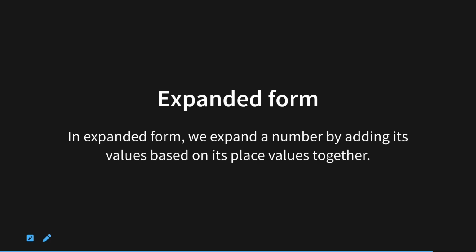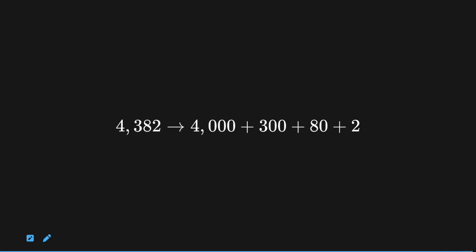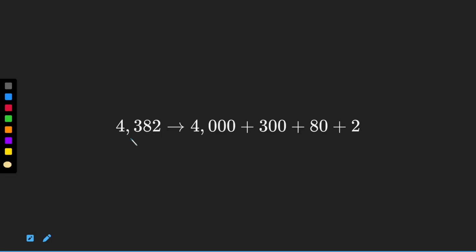We'll also want to consider expanded form. In expanded form, we expand a number by adding its values based on its place values together. Let's take a look at an example. We have the number 4,382, and we want to write this in expanded form. So what we'll want to do is take each digit in the number 4,382 and expand it using its value based on the place value. So for example, we have the number 4 here, and we know the 4 in 4,382 is in the thousands place. So we will write